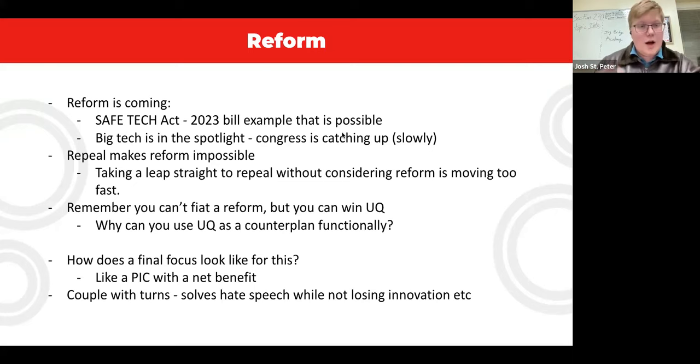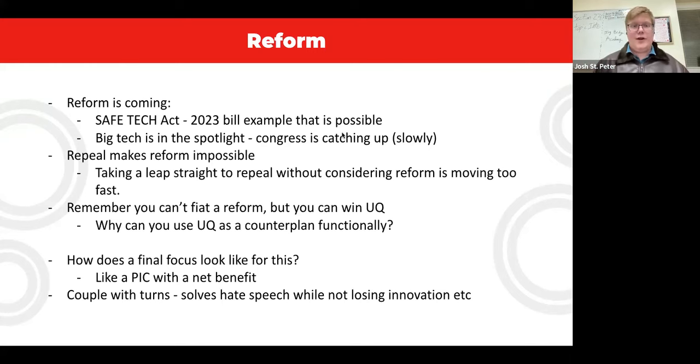So you would argue this in some way as reform is coming now. One example of this that I found, and there are so many examples, just a cool one, was the Safe Tech Act. It is a 2023 bill example that is possible. I'm not saying this specific one is going to get passed. You can find your own uniqueness evidence on this, as I do think this is going to be the hardest part of the argument: to find a specific bill that you like, that you can prove in some way will get passed. And possibly finding your own unique bill could give you your own strategy, as people are going to have to respond to this with a unique argument that your specific bill will not pass. Otherwise, you can outweigh on contextualization, and you can try to go through that way.